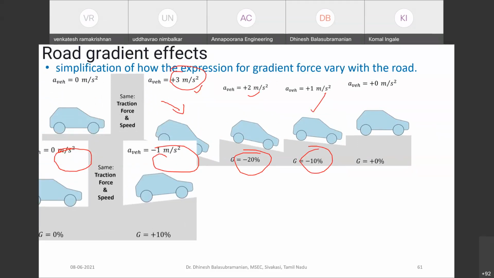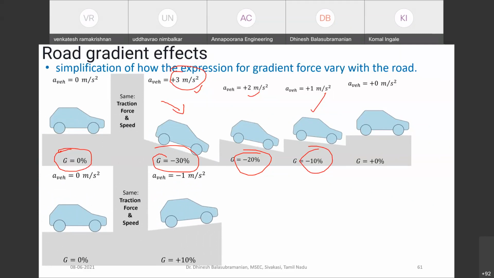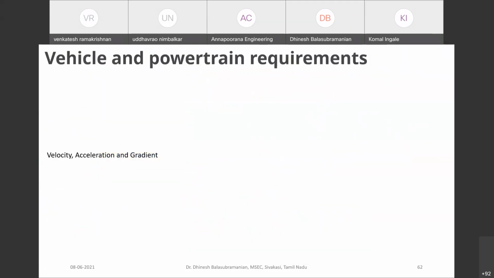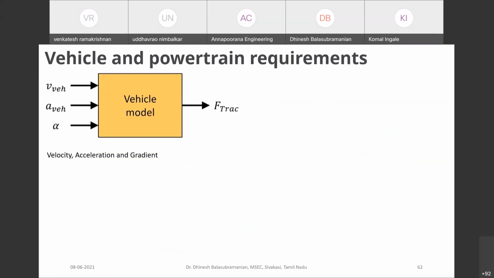And the inverse, when you're just trying to climb a slope, if you're not providing any acceleration to your vehicle, what actually happens is when you're trying to climb a gradient of 10% slope, your vehicle will be decelerating at 1 meter per second. And the same for 20% of gradient, your vehicle would start to decelerate at 2 meter per second, and for 30% of gradient, 3 meter per second. So here you need to take all these forces effectively to calculate the